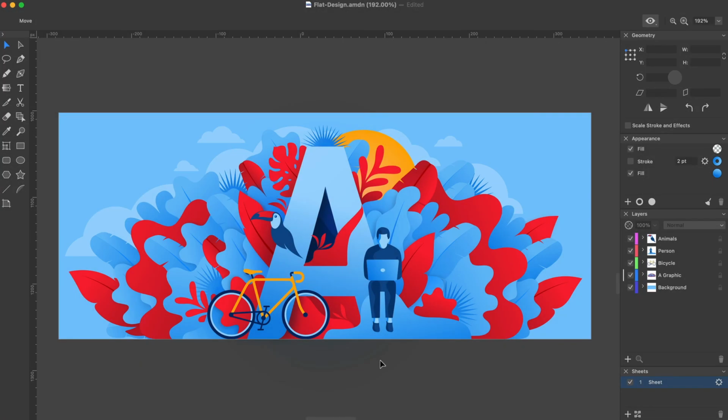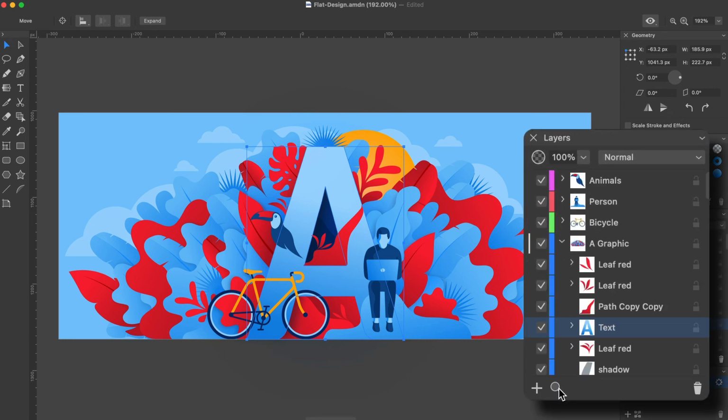You might notice that our design consists of maybe 100 small pieces. The following tool helps you quickly find objects in the list. For example, let's locate the letter A. We just need to select the A in the design. Then we click on the magnification glass. The app highlights the corresponding item in the list. Expanding layers and scrolling happens automatically.